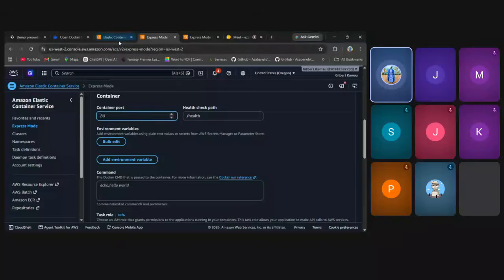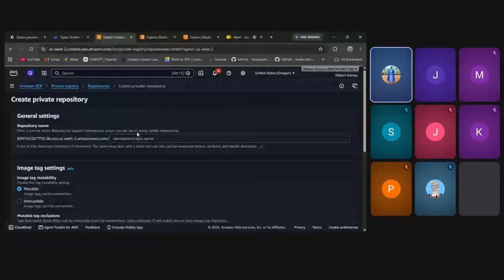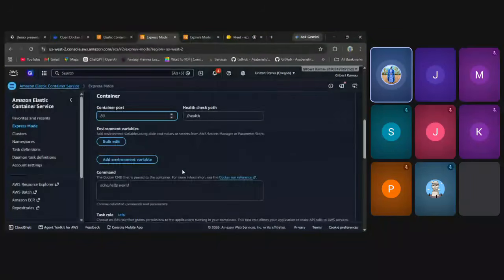First of all, you need to dump the image on the ECR. The ECR is what we call Elastic Container Registry. This is basically like Docker. Okay. So once you make your Docker image, then you can deploy it on the ECR. So after you created that, it will give you a URI that you can use on the ECS service.